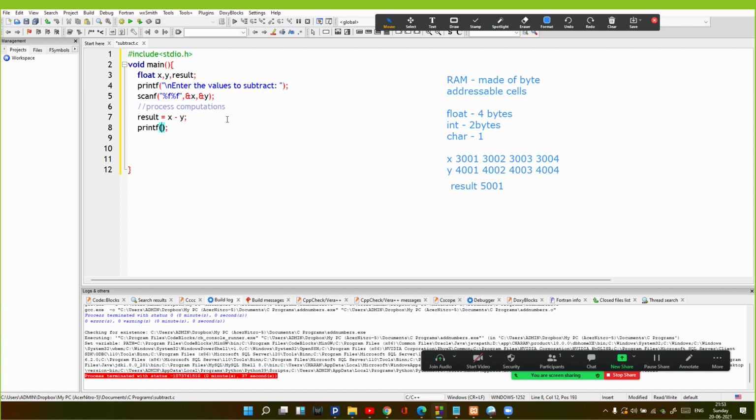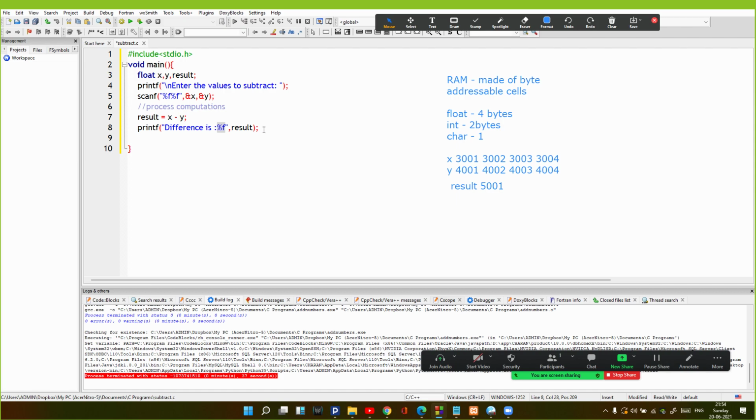So using the printf function, I'm going to print the result. Suppose my result is 5, so I'm going to display it in this way: differences. Again, I'm going to use a format specifier to specify the type of output. So in this case, the value of result will be displayed here in the %f value. Whatever data is stored in the result will be displayed in this part of the statement. So if I'm writing here differences %f, the %f will display the output value of the result.